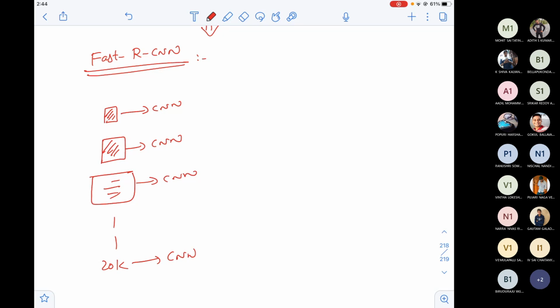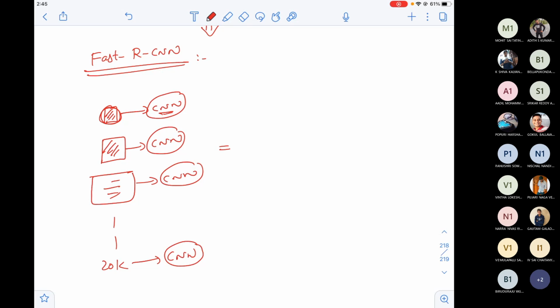Okay, then fine. As you already realized in labs, running CNN models or any other deep learning model is heavily time consuming. It can take minutes, it can take hours, it can take days sometimes depending on your data set. So can I avoid passing every cropped image to CNN?